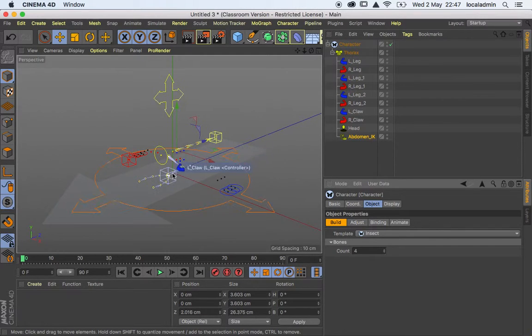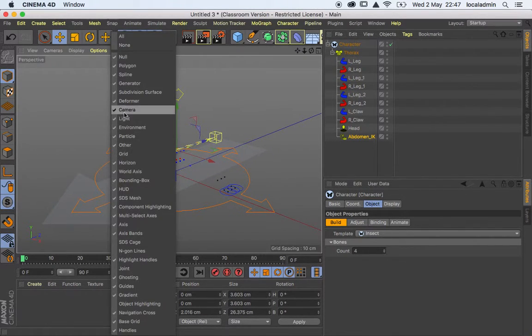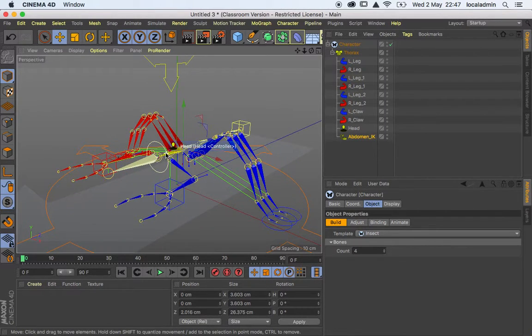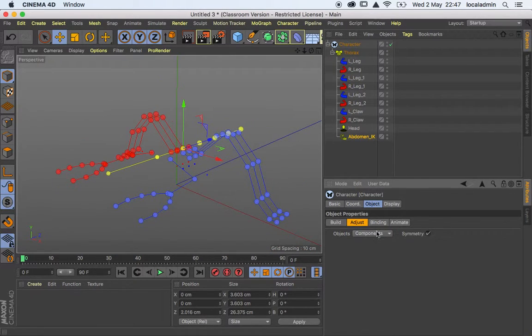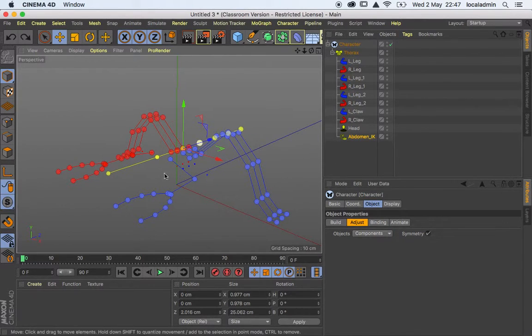So there it is, and I had the joints off, did I? So let's put the joints back on. So there are our claws, there are our legs. You can adjust this in the next step, the adjust step, and then you can move things back and forth if you wish to do that. But what I'm really saying is, if you have some geometry, you obviously need to adjust the position of the joints to your geometry,